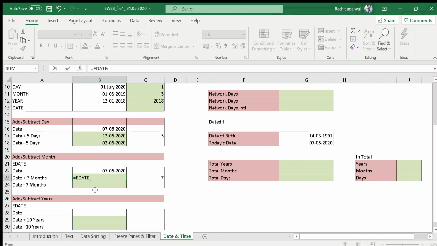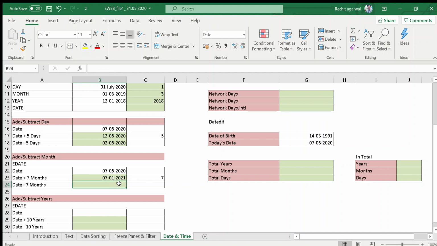They are asking for the start date. Start date is this, comma, months. Months is 7. All right. Bracket close, press enter. Now you will get the 7 months after the current month, that is 7th January 2021.